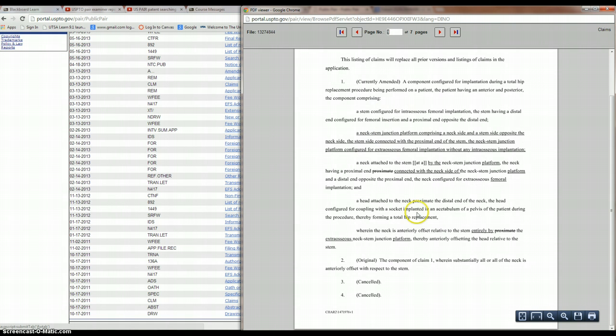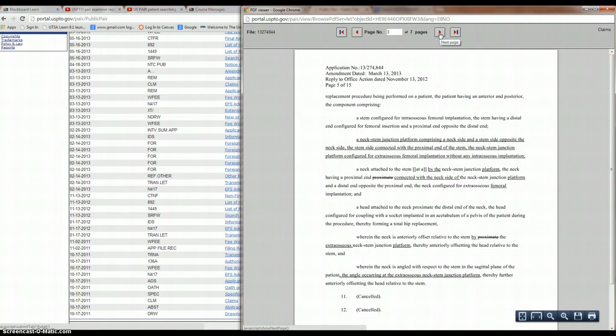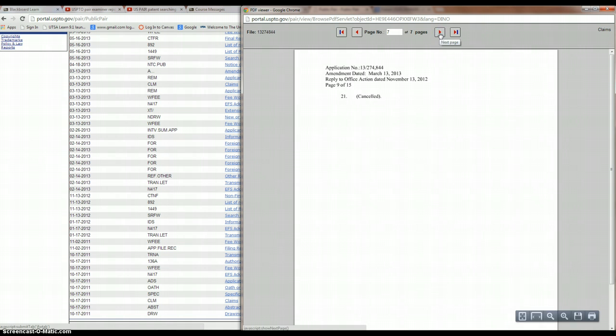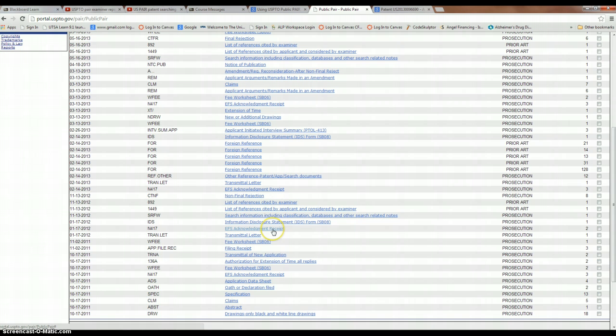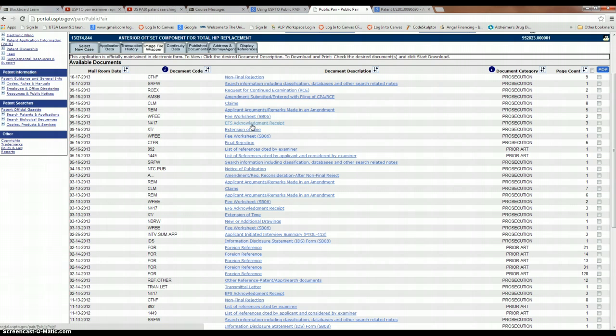So you can also follow through to see how the patent attorneys responded to the first non-final rejection, and you can follow through the whole history to see how patent examiners review the patent application, use the US code to reject or accept them, and then you can follow through to find how the attorneys